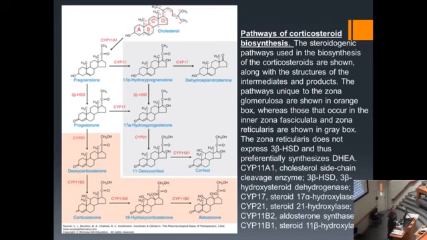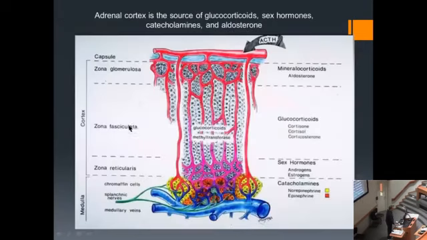CYP3A4, remember, is the one that's inducible. CYP2D6 is not necessarily inducible, but has altering genetic profiles in terms of populations of people, so racial and ethnic differences. We've got people that metabolize it very well, people that metabolize it very poorly. So here's all your CYP enzymes. And we've got a few drugs that can inhibit some of these specific cascades,